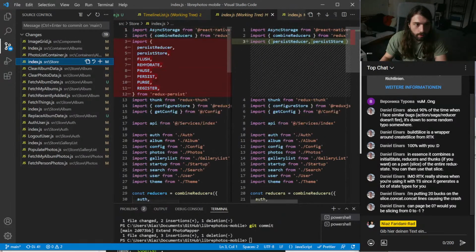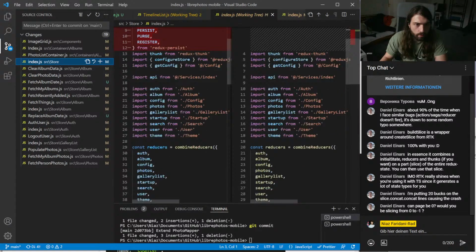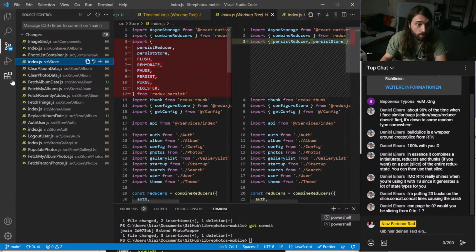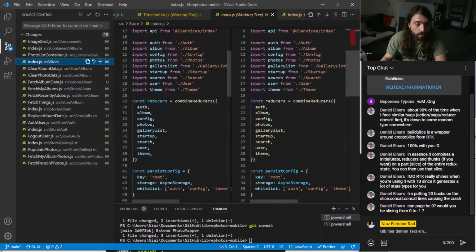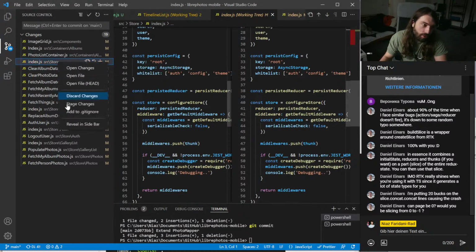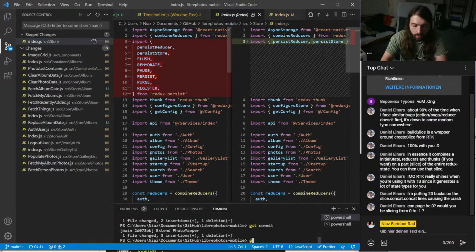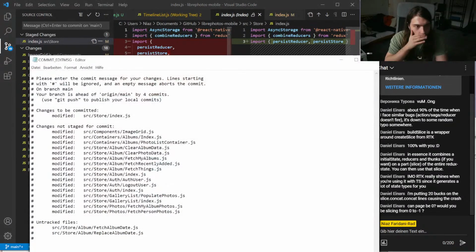Here I deleted a couple of things. I still don't know what I actually did, but it somehow still works. Like flush, rehydrate, pause, persist, purge, register. Right, I added the serializable check false because I didn't get my responses back. I don't know if that's a long-term issue, but I don't know. I will commit this for now.